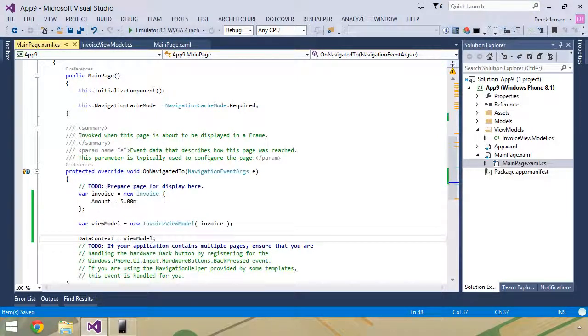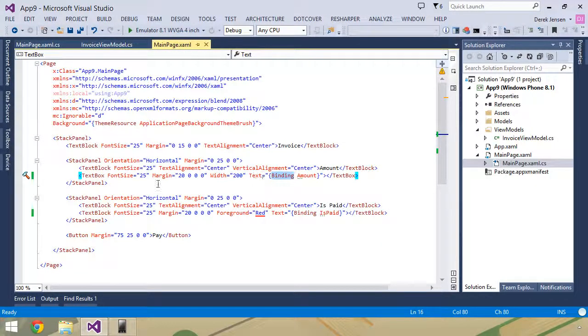And it's really as simple as that. So if we go back and take a look at our XAML, now nowhere in here am I explicitly saying what the value of this text box is or the value of this text block. I'm setting their text properties equal to bound values of our view model.